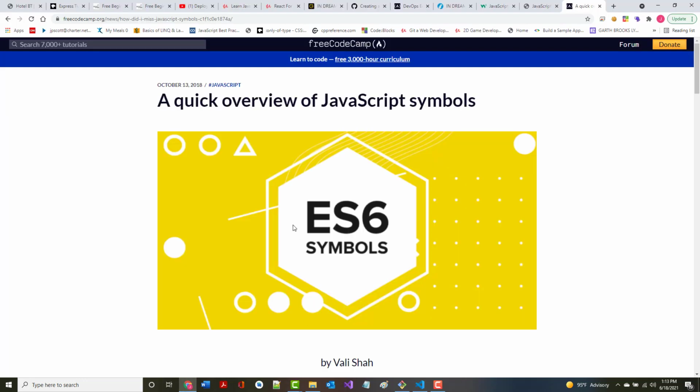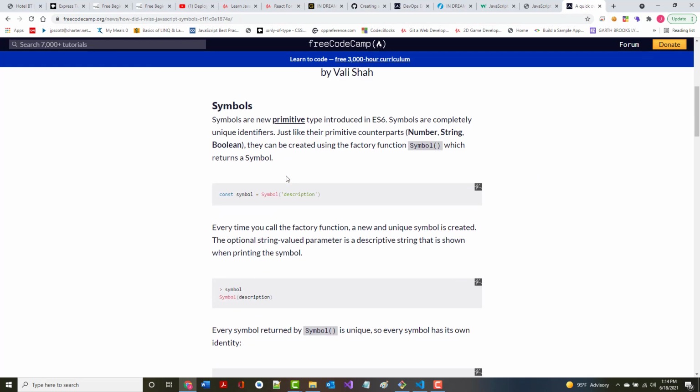And let's take a look at this. A quick overview of JavaScript symbols. This is from freecodecamp.org. They've got tons of super good videos and excellent articles too. All right. Symbols are a new primitive introduced in ES6. They're completely unique identifiers. They can be created using the factory function symbol. So we're creating a new symbol here called symbol. And if we do this,